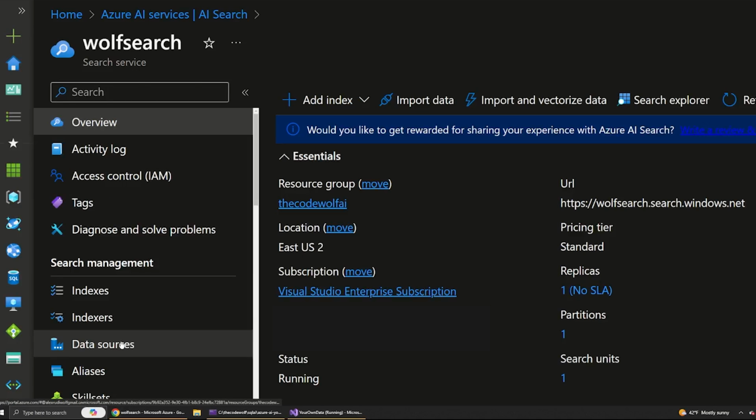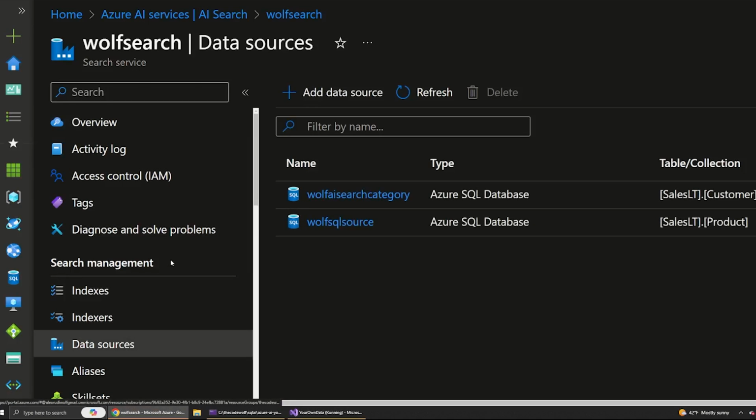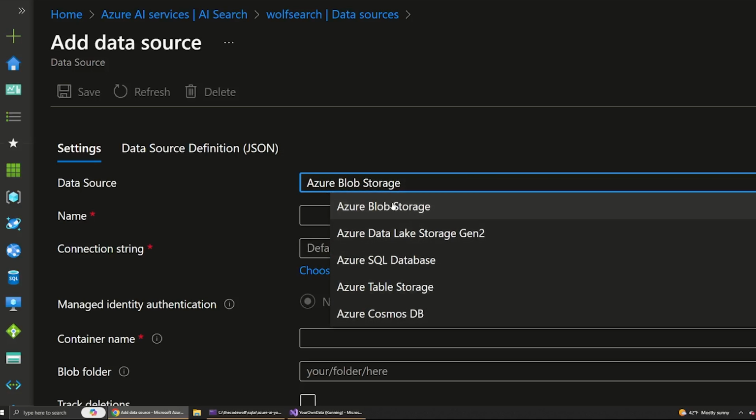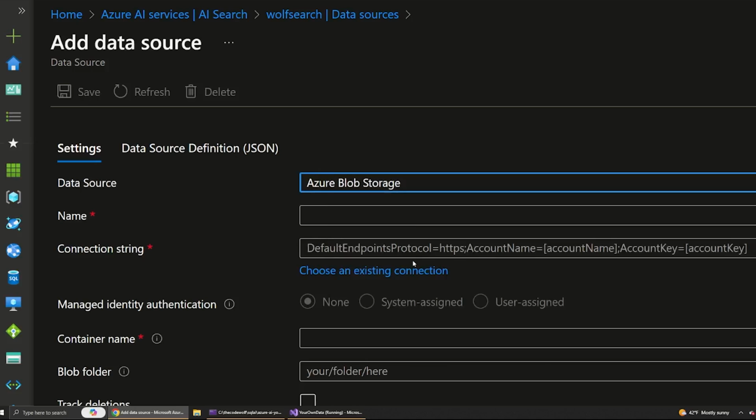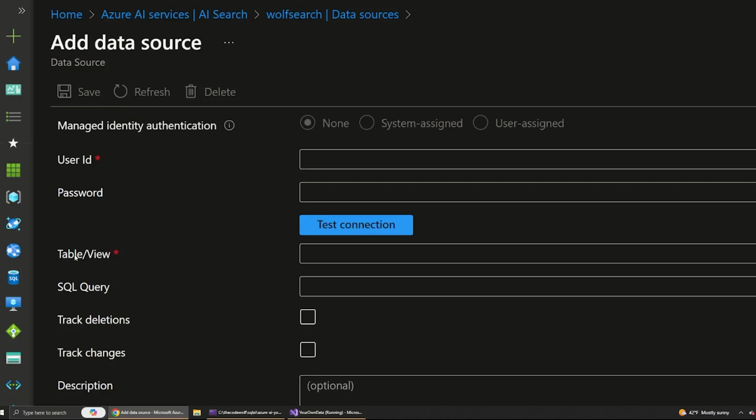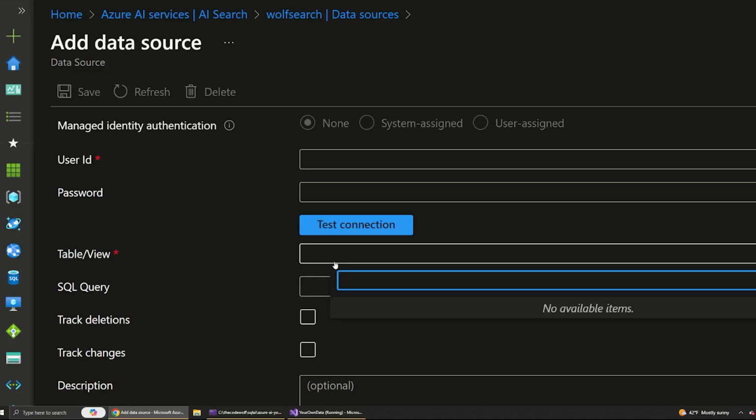The first is that just the general way that this thinks about our database is a little bit different. So if I were to go to Add Data Service, right now I'm in an Azure AI Search Service, and this lets you pick a data source. Remember, I mentioned a lot of demos out there just use blob storage or loosely structured data pools. But if I were to choose something like Azure SQL Database, now this will let me connect to it and start to query certain things. But the interesting point here is that it makes you pick a table or a view. So if I were to connect to our database, we could only pick from one table or one view at